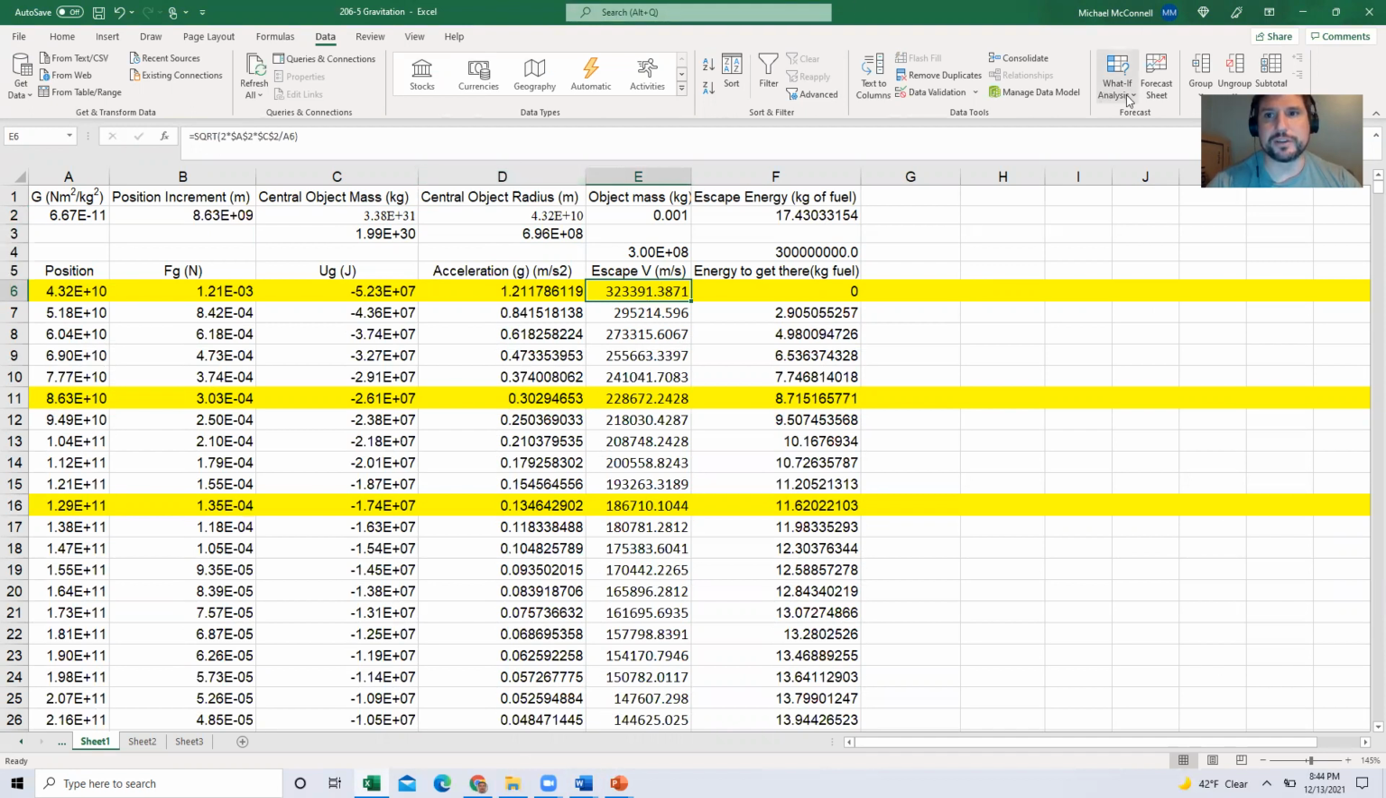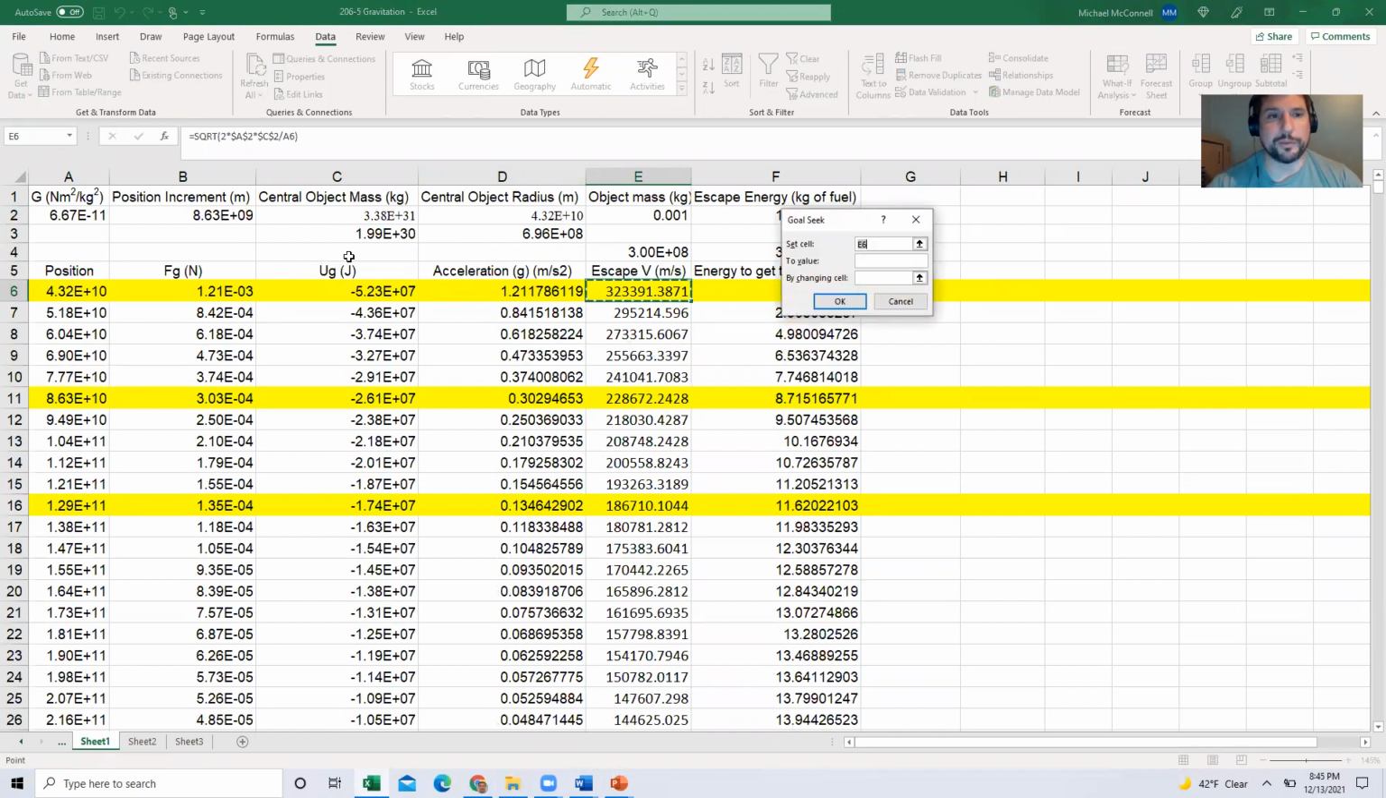But now when we shrink it down, it doesn't matter what the radius starts at. If you want to turn it into a black hole, all that matters is the starting mass. It has a mass that's bigger than that of the sun. So if we set the escape velocity to be the speed of light, 3e8, by changing the central object radius,